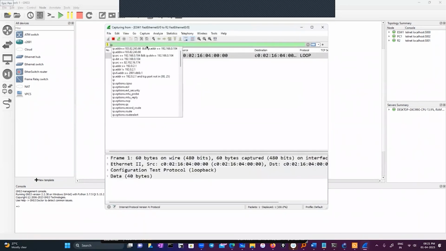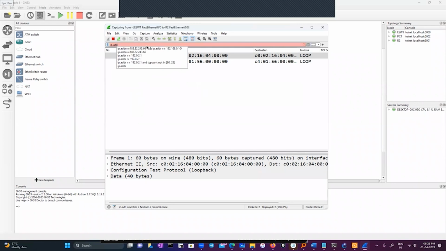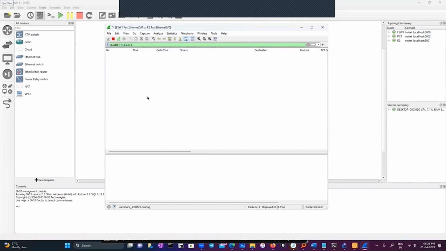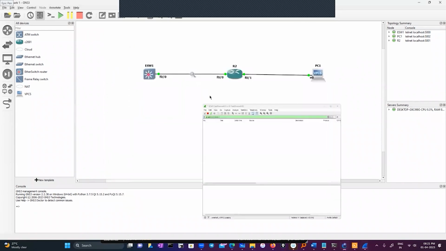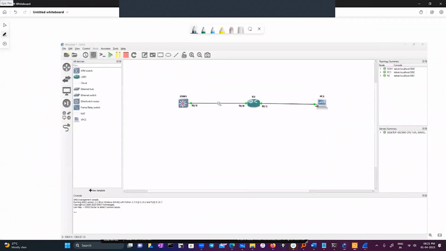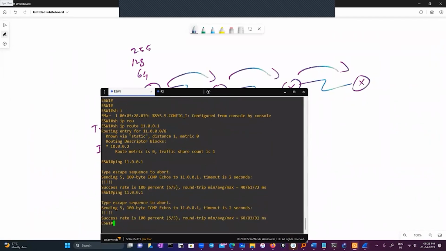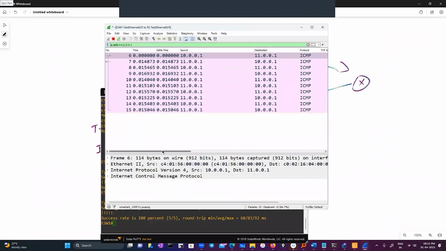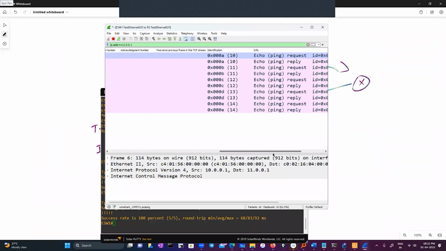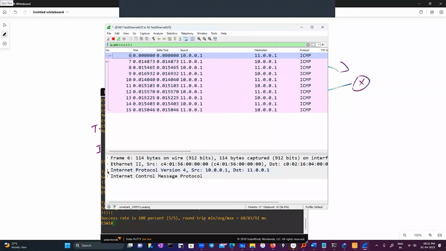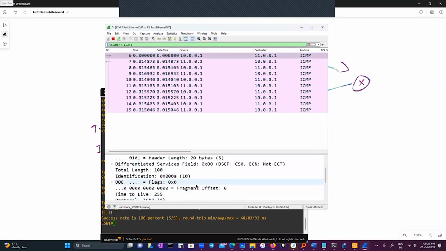So here I am going to give the filter ip.addr == 11.0.0.1. Now I'm going to generate traffic for 11.0.0.1. For my ICMP ping request, I get a ping reply. So if I go back here,